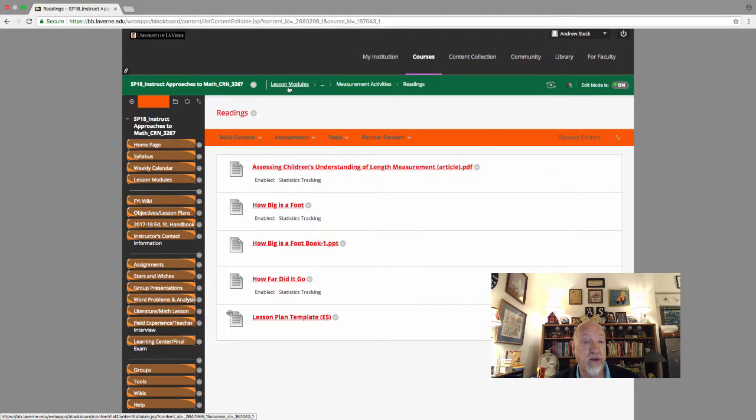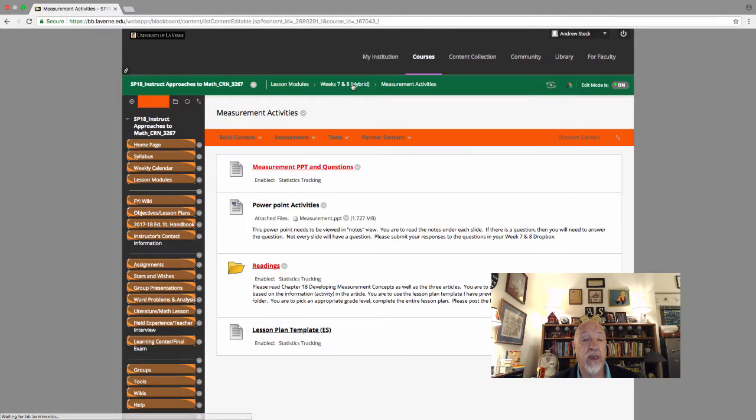So there are 2 activities for the measurement activities. One is to answer the questions under the slides in the PowerPoint, and the second one is to pick one of those articles and turn that information into a lesson, which you'll be able to do. And that takes care of the explanation for these 2 weeks,